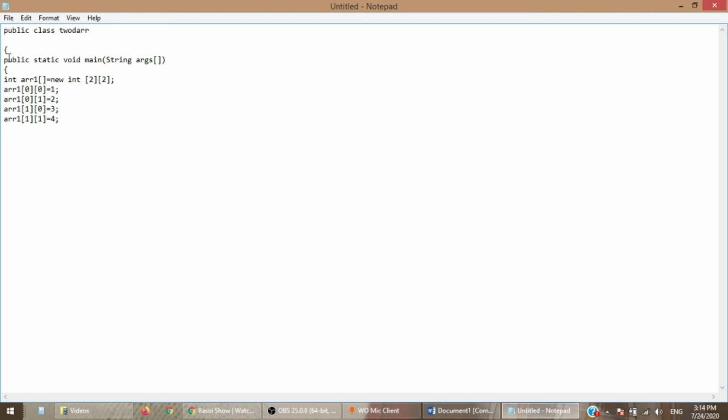Now here AR1 of 0 0 means first row and first column. AR1 of 0 1, that means first row and second column. This is for second row and first column, and second row and second column. So this is how you can initialize values to array.